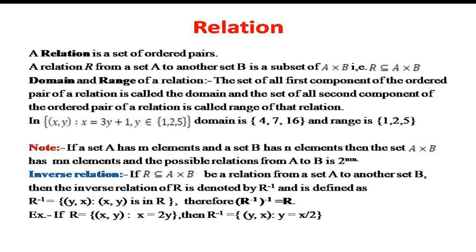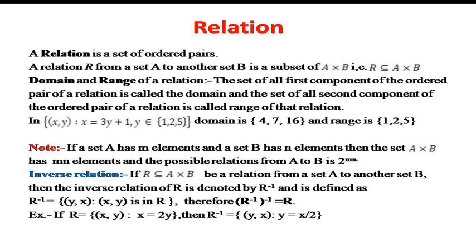Here a is known as the first component of the relation and b is known as the second component of the relation R. If we consider all those first components in a set, then this set is known as the domain of the relation. And if we consider all the second components in a set, then this set is known as the range of the relation R.